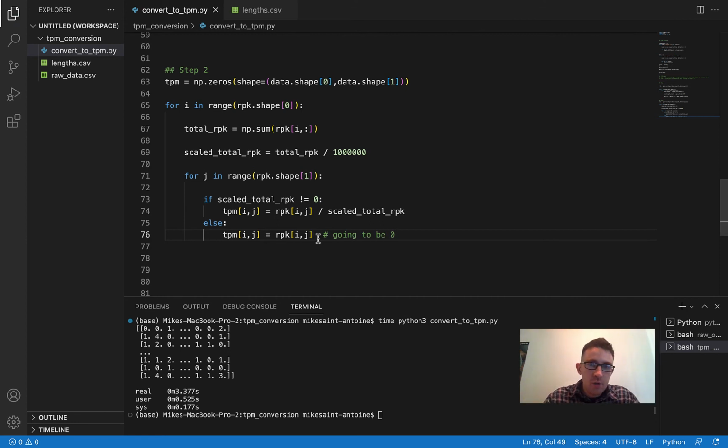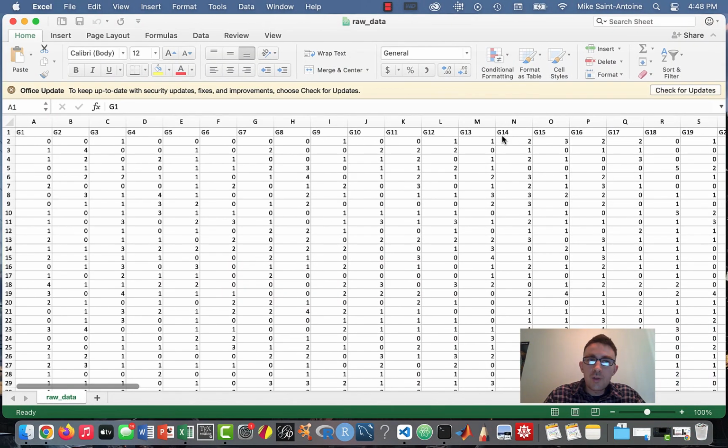But yeah, this should be it. As long as I didn't make a mistake anywhere, this should be all we need to do. So just the last thing is to save this data to a CSV. We want to save it in the same format as our starting data. We want a header with all the gene names, and then all of our TPM